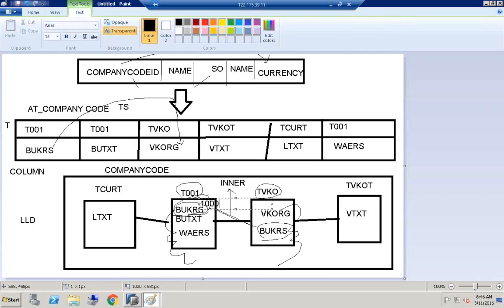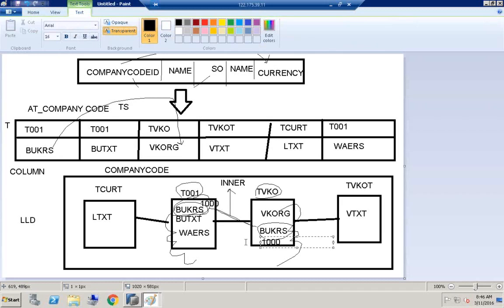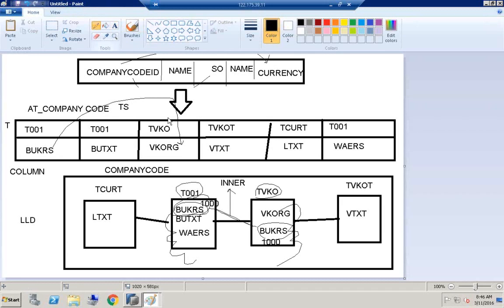The company code is 1000 over here. Company code is 1000 over here. For this condition, get my sales organizations. So the company code is 1000. So what are the sales organizations? Frankfurt, Berlin, and so on. If my sales organization is Frankfurt and Berlin, then you'll only have IDs again, because this is a sales organization ID. But to get text for the sales organization ID, again you need to join with the text table,